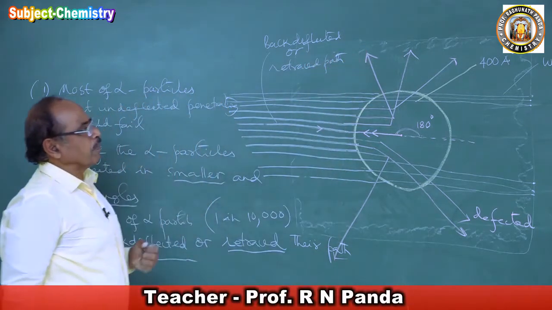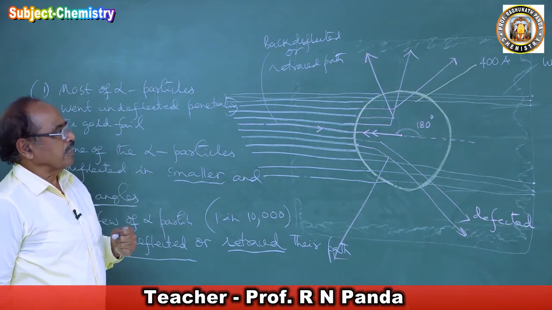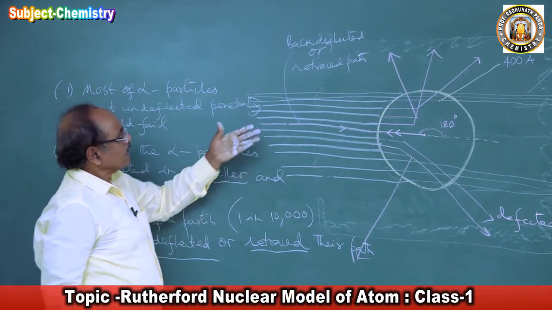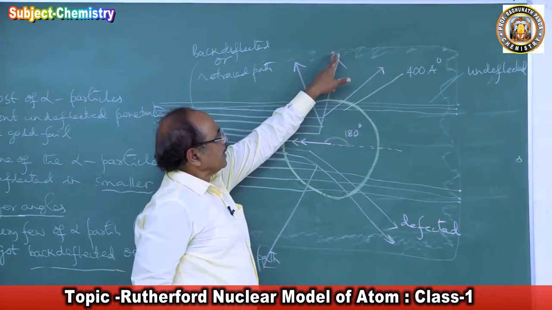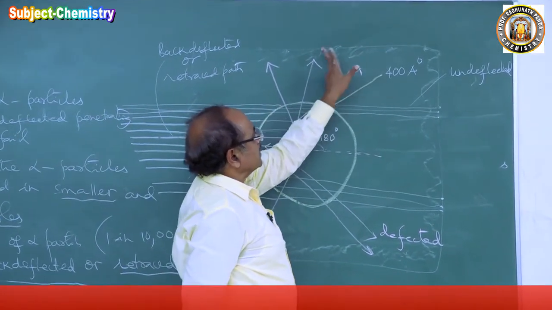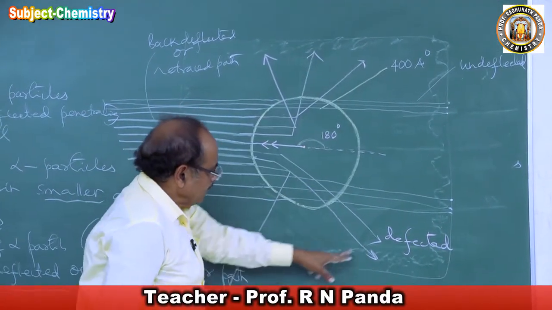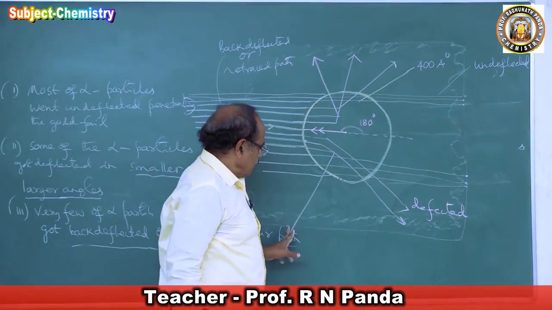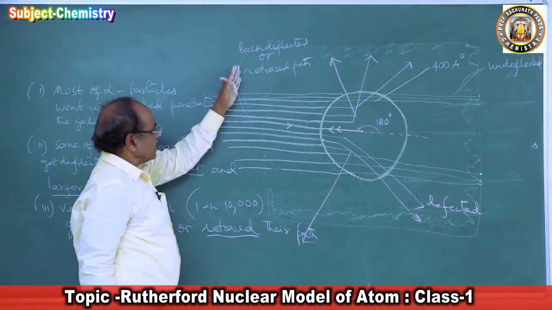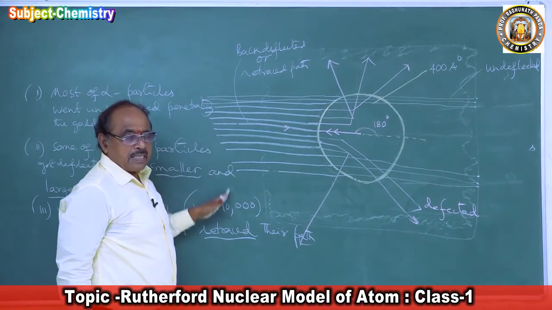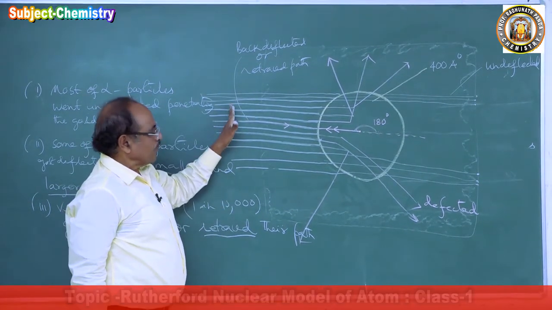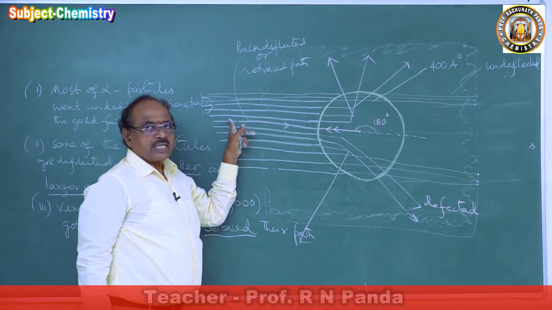So, very important. These are three observations he made from this. How did he get this? Here the alpha particles are hitting the zinc sulfide. He was seeing the fluorescence, and some came and hit it down. On this side he has a board with zinc sulfide, and it came and struck here, and he got this.